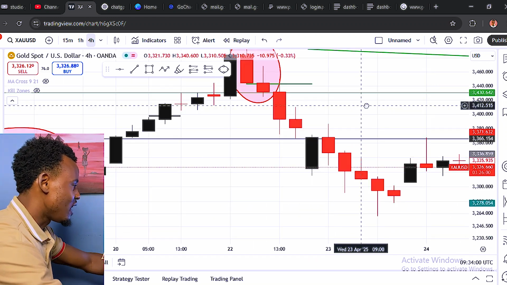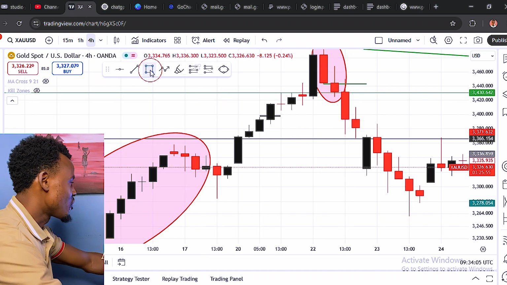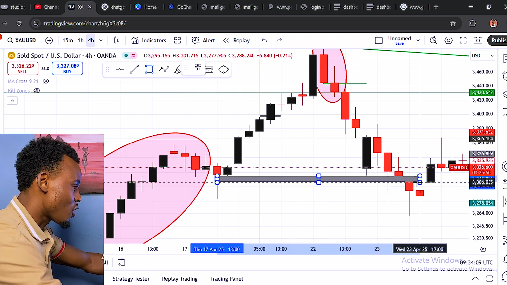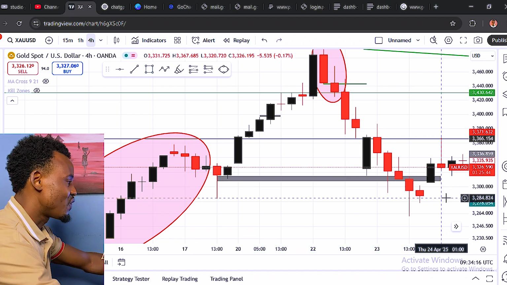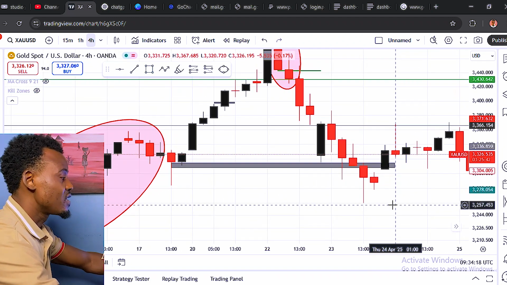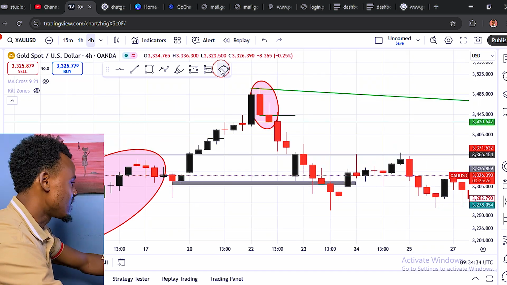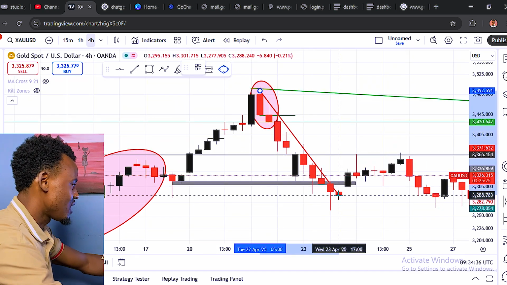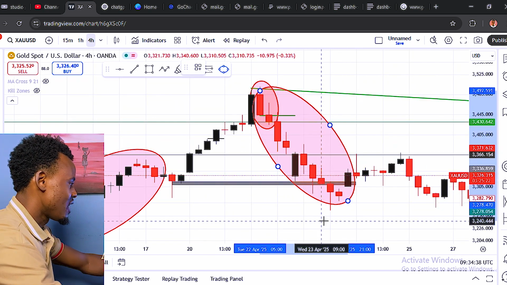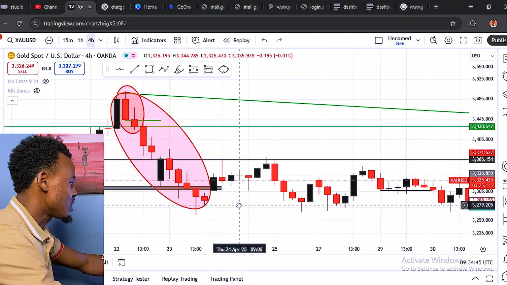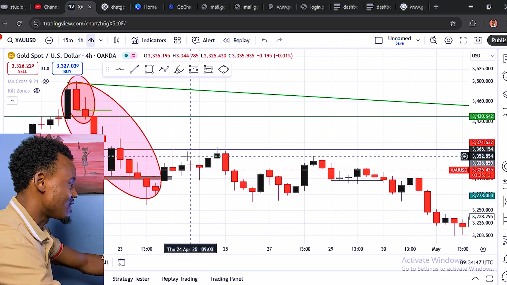As I said to you earlier, always take your profit at the next resistance or support level. So as you can see, since it's coming down, you take your first profit at the first support level. If it is going up, you take your profit at the first resistance level. Don't forget that. It's a battle from this area to this area, and the battle ended here. A fresh battle starts from this place again, and the same thing happened.